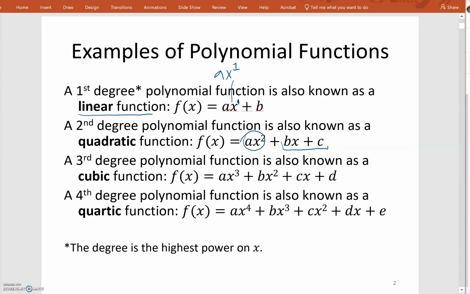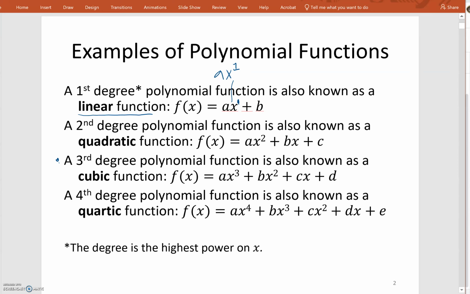So a second degree polynomial function, also known as a quadratic, ax squared plus bx plus c. Okay, very important. And this is the one that we're going to focus most of our attention on. Now we can keep going with this if we take the quadratic portion and then add a third degree term. We get the cubic,